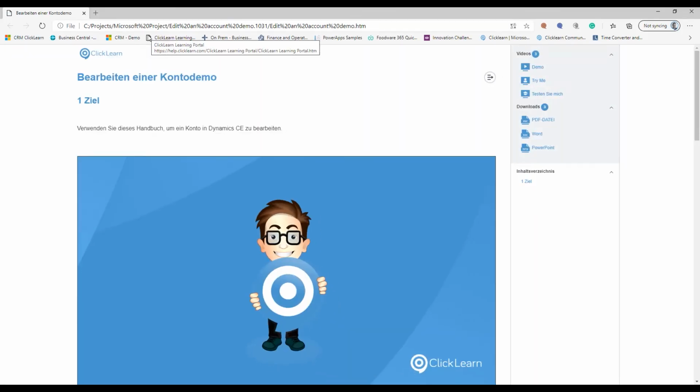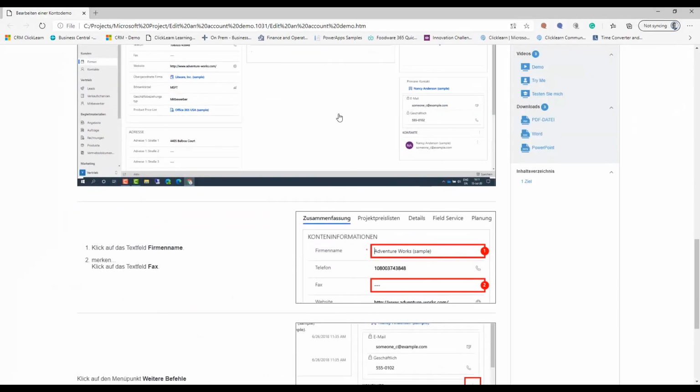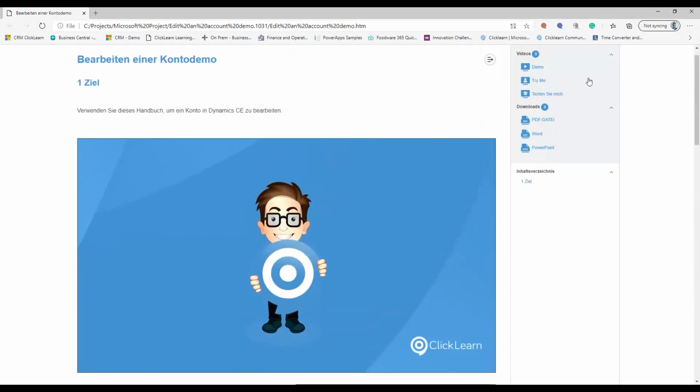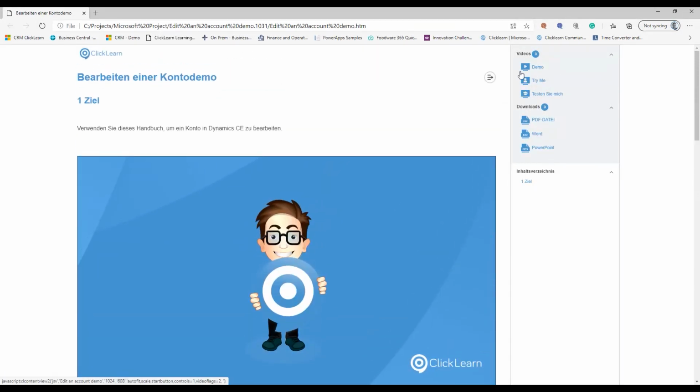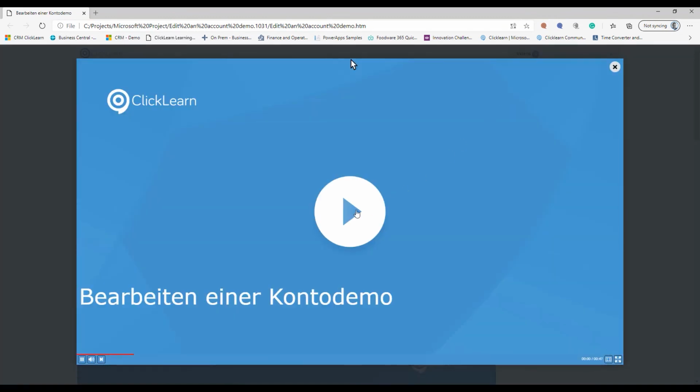And if we go to the German version, you can see that everything is aligned just like we did it in the editor, but now in complete German. And even the video, that has been updated too. So by clicking on Demo,